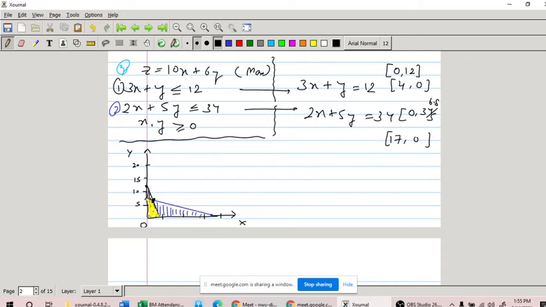So the first point is your O, others are A, B and C. Again you have 4 points, O, A, B and C, and the coordinates are 0, 0. At A you have the coordinate 0, 6.8. B you need to calculate. You have this C. C point is your